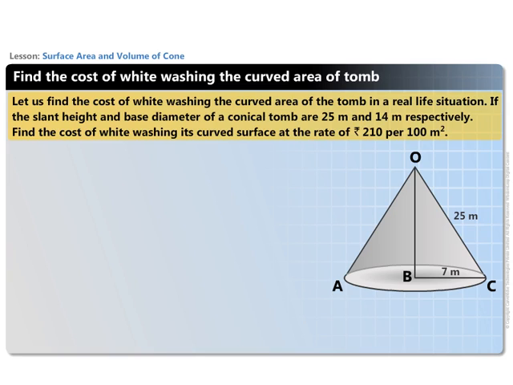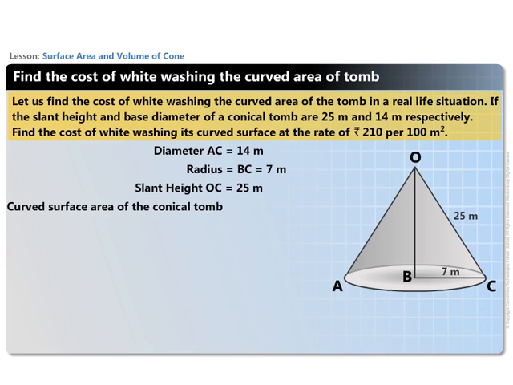The tomb is in the shape of a cone whose diameter is 14 meters, and then the radius is half the diameter, which is equal to 7 meters. The slant height of the right circular cone is 25 meters. Using the formula for curved surface area of a cone that is equal to pi r l, substituting the values of radius and length, we get the curved surface area of the conical tomb as equal to 550